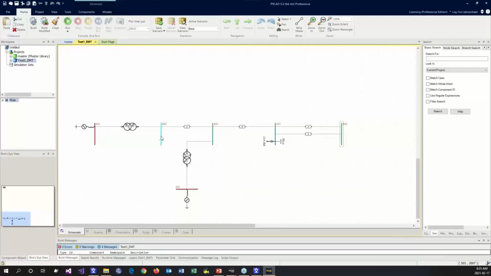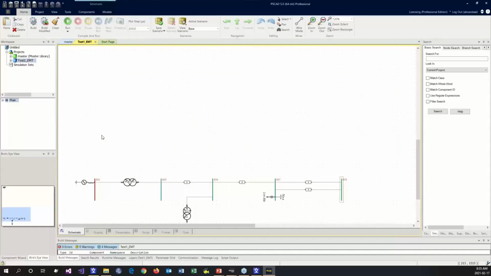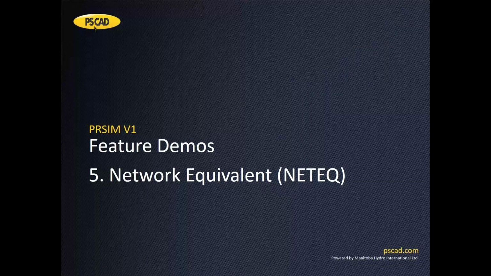Everything happened again for the NETEQ, everything showed up. Now what you see, on top of the normal AC components, is this network equivalent module in version 5. And that's all about NETEQ. There are more details, you can also refer to our help document and